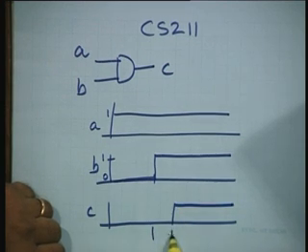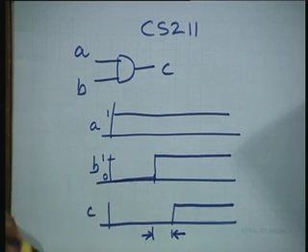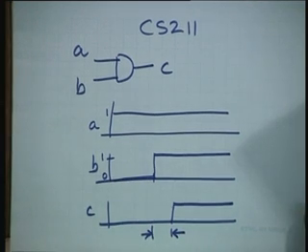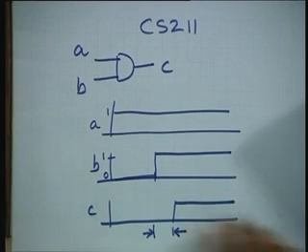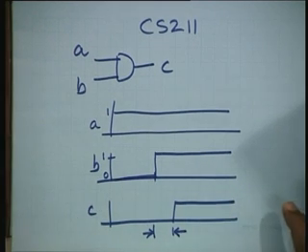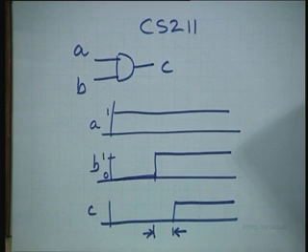So, it is this delay which is attributed to the gate. Okay. So, a gate has transistors which switch from one state to another state, and it is that which takes time. Also, the gates are driving some load or some capacitance, and that load has to be charged. So, the charging time of the capacitance is what dictates this delay. Without going much into the details of this delay, we assume that each gate has some inherent delay.